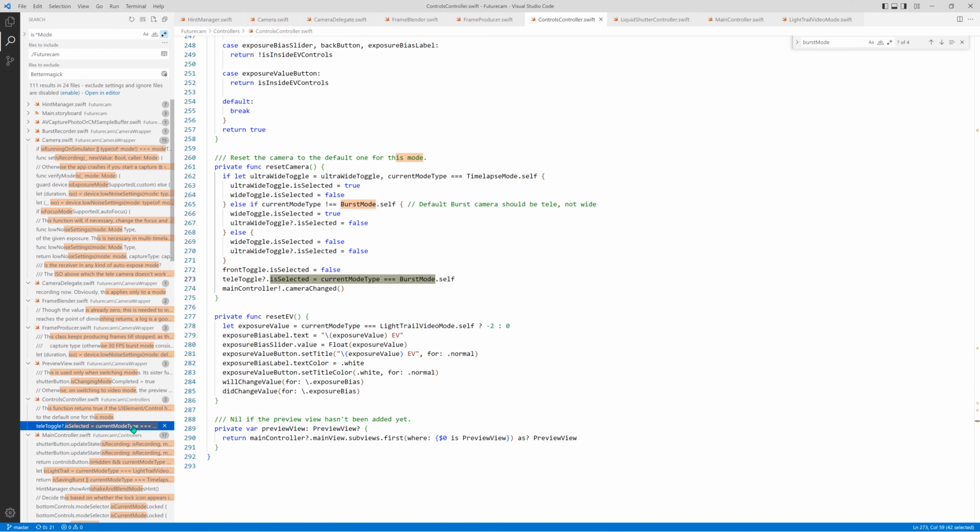Okay, what are we trying to do here? So basically each mode has a preferred camera. That's what we are trying to get at here. In time lapse, the default is ultra wide. In burst, it is tele. So I think a better way would be